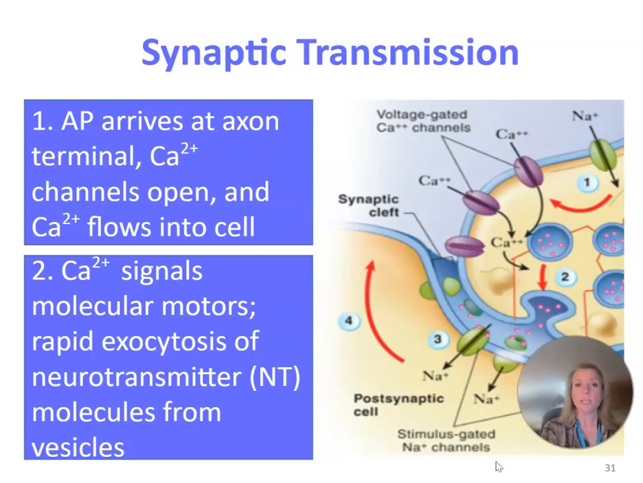Once an action potential arrives at the axon terminal, it's going to stimulate the opening of a voltage-gated channel, a calcium voltage-gated channel, that's going to allow calcium to enter into the cell. And what our calcium does is it's going to signal these molecular motors. You can see that on the presynaptic cell, over there by the number 2, where you have those red lines. These molecular motors, I like to think of them as chairlifts at a ski resort,